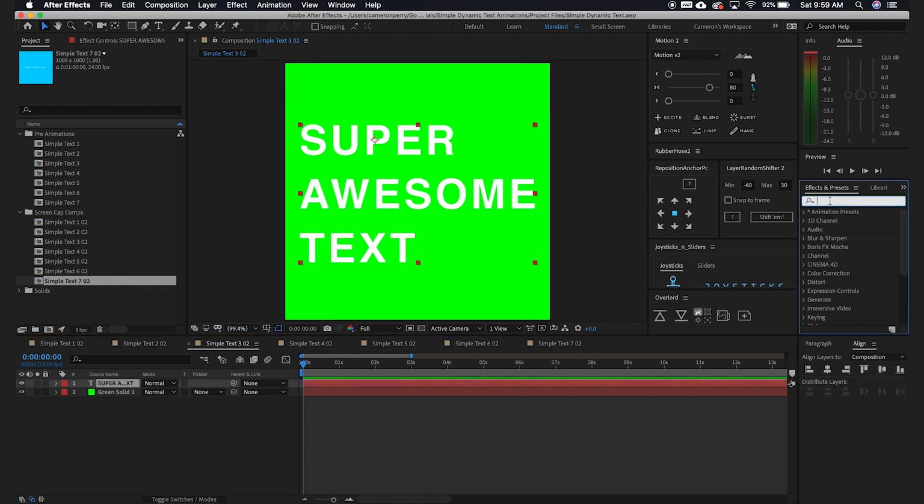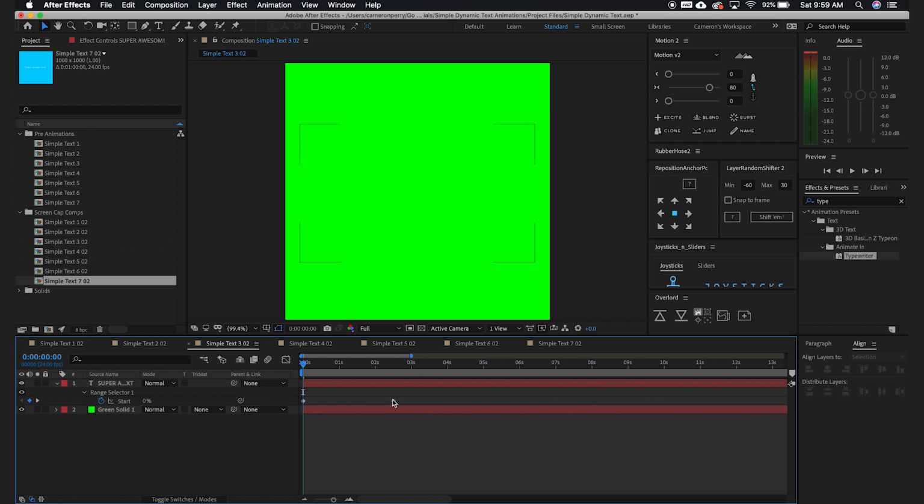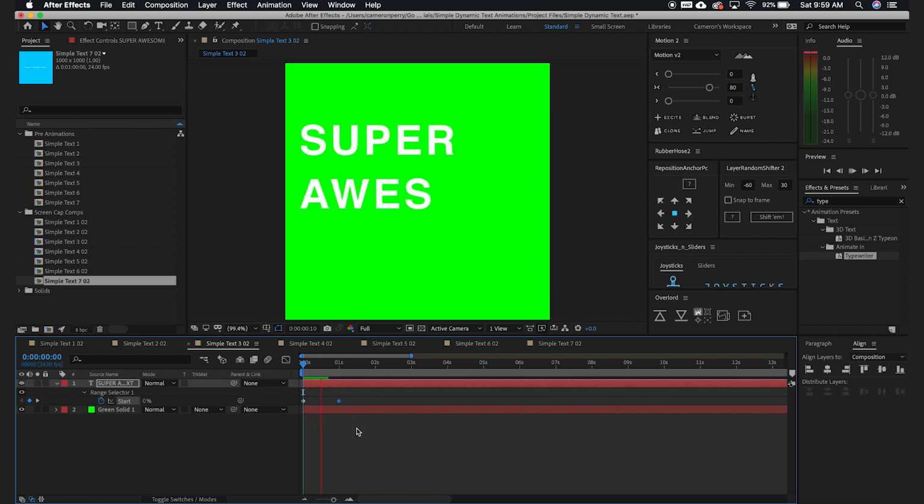Under the effects panel, you'll search for typewriter. Once it pops up, you'll drag the effect over to your text. It'll automatically create start and stop keyframes. All you have to do from this point is figure out your timing. Someone who just started using After Effects literally yesterday could do this, right? Awesome. Now on to number 4.